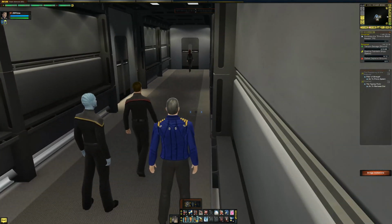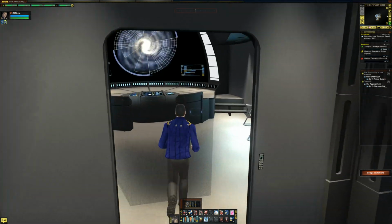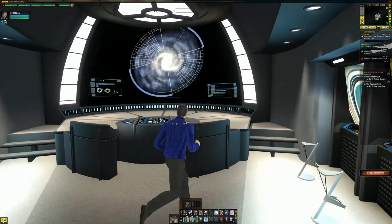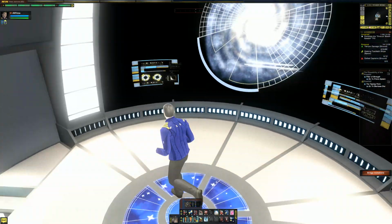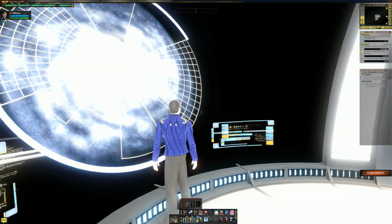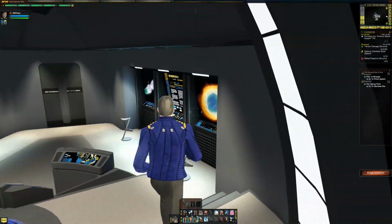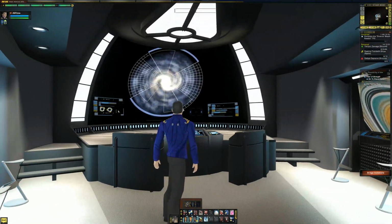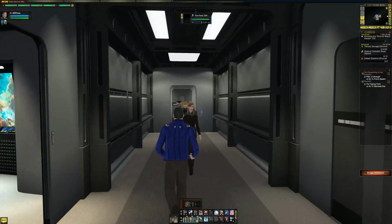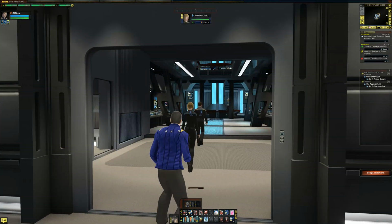So on the 2371, we walked up to this door here and it didn't open. And now it opens. Which is pretty badass. And you can walk up here and look at things. The bloom is high though. Oof. That is not your eyes adjusting to the light. So yeah, that's astrometrics. And then down here to the left, and then to the right is engineering, which is